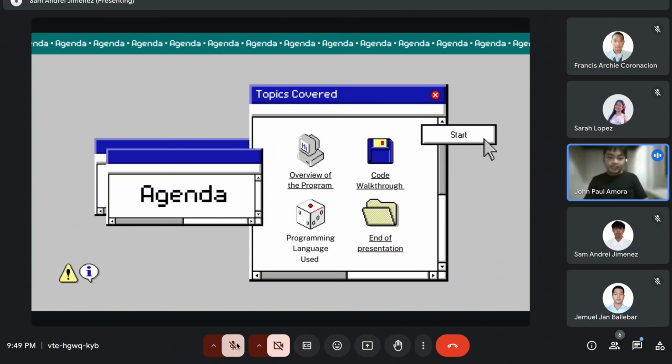For our agenda, we will be discussing the overview of the program, code book, program language use, next,